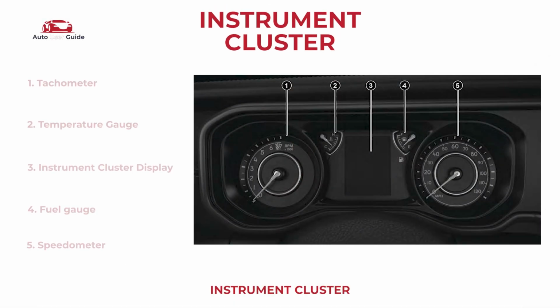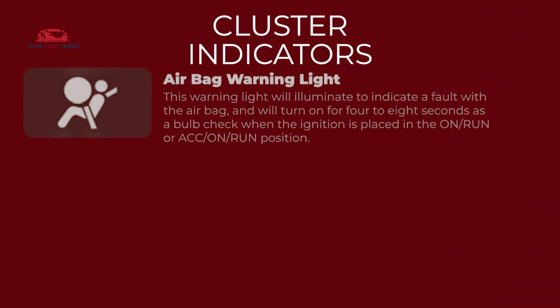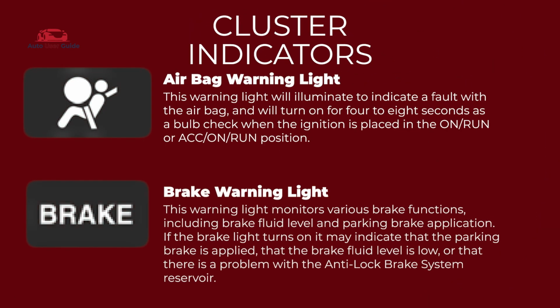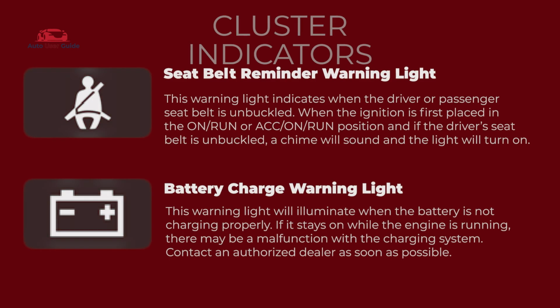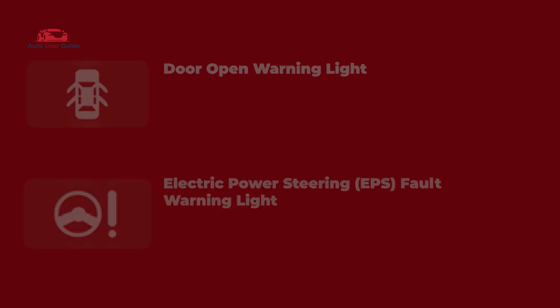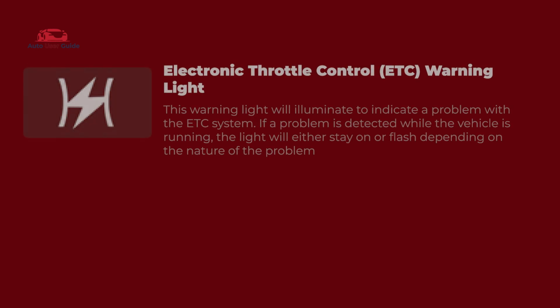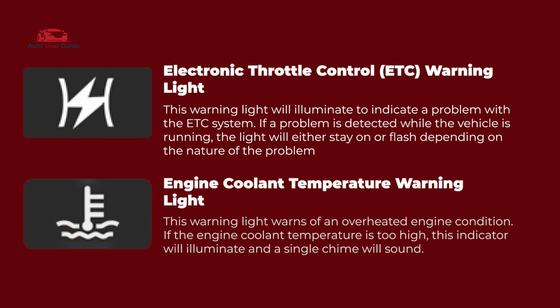Instrument cluster. The units of measure may differ depending on the intended destination of the vehicle. Cluster indicators: airbag, brake, seat belt reminder, battery charge, door open, electric power steering fault,